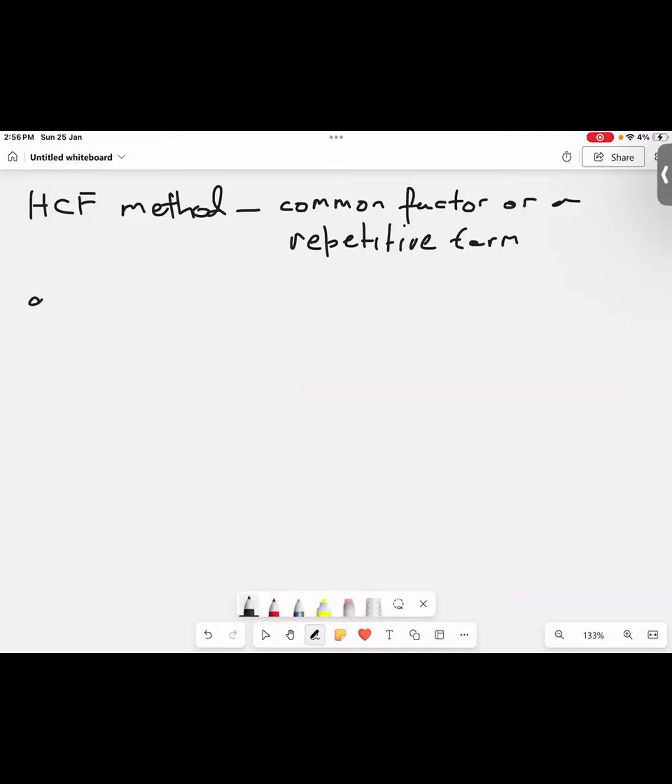Now, the next method is called the grouping method. And this is the easiest one to identify. The grouping method basically has 4 terms. So the key is to just look for the expression that has 4 terms. Most of the time, when you get a factorization question, the expression with 4 terms is usually the grouping method. The difference of 2 squares usually has a square at the front. It has a minus sign and a square at the front.